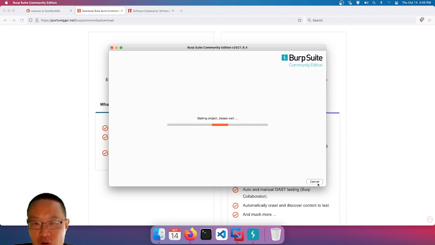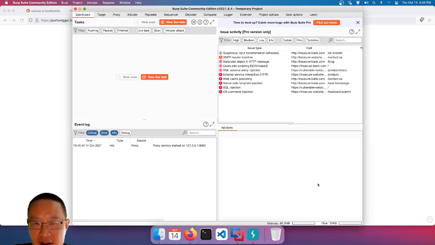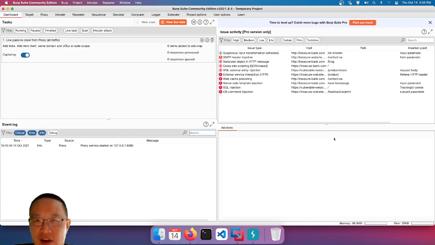In the professional version, we'll have a way to manage activities and issues on apps. Okay, there should be a scanner here. Oh, there's a new scan option, but I can't use that because I don't have the pro version. Okay, all right. We're going to use Burp next week to test web applications and as a